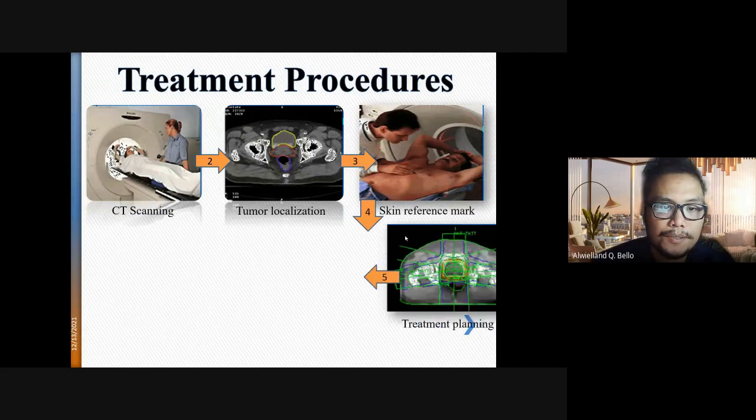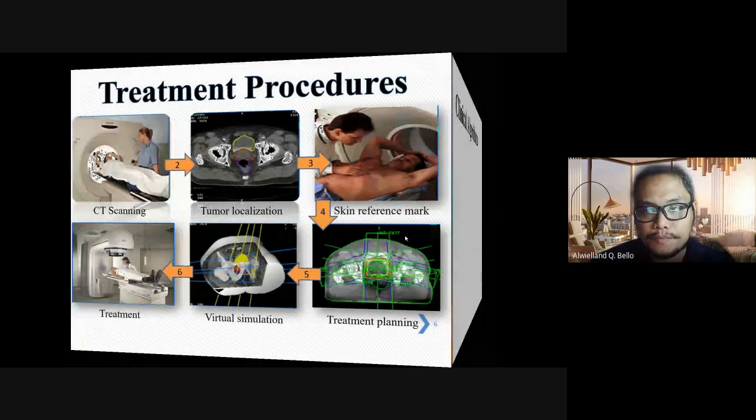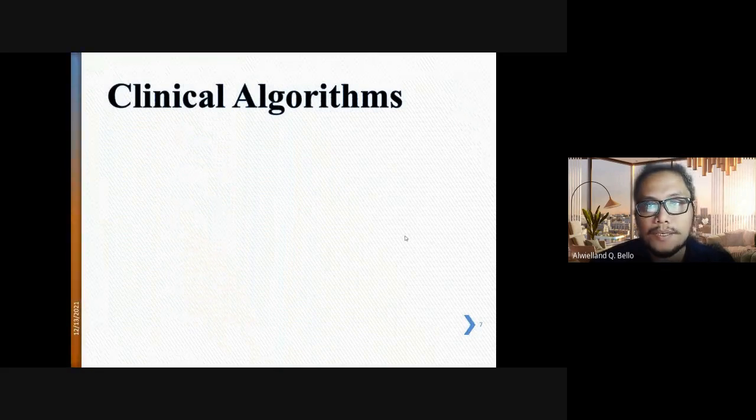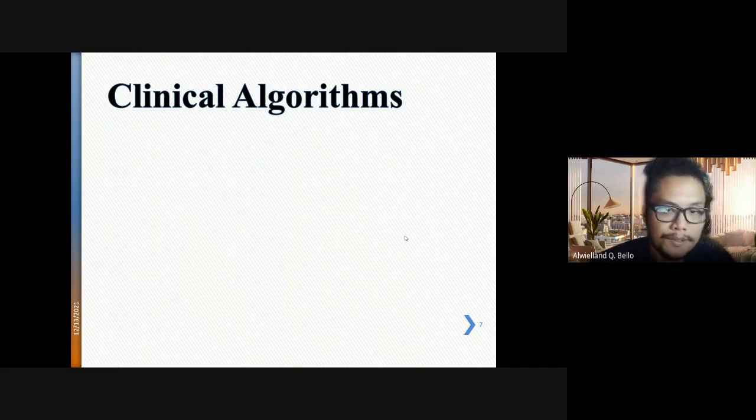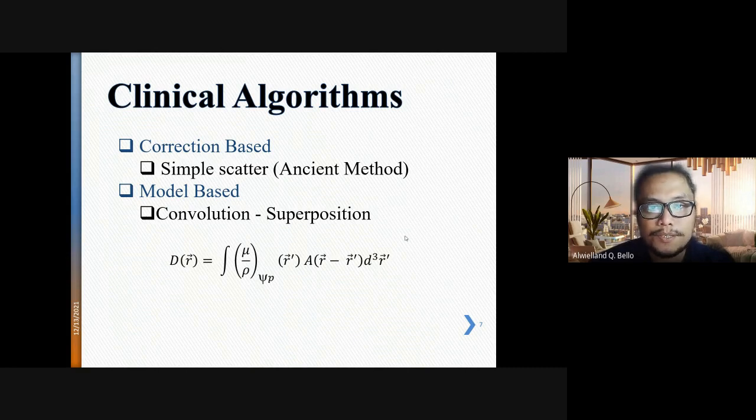So treatment procedures: either we resort to CT scanning, tumor localization, and then skin reference mark, treatment planning and virtual simulation, and the actual treatment. Now we need a clinical algorithm in order to simulate our radiotherapy procedure. So this is correction based. We have simple scatter, which was considered an ancient method, while we have the model based, which follows the convolution superposition equation